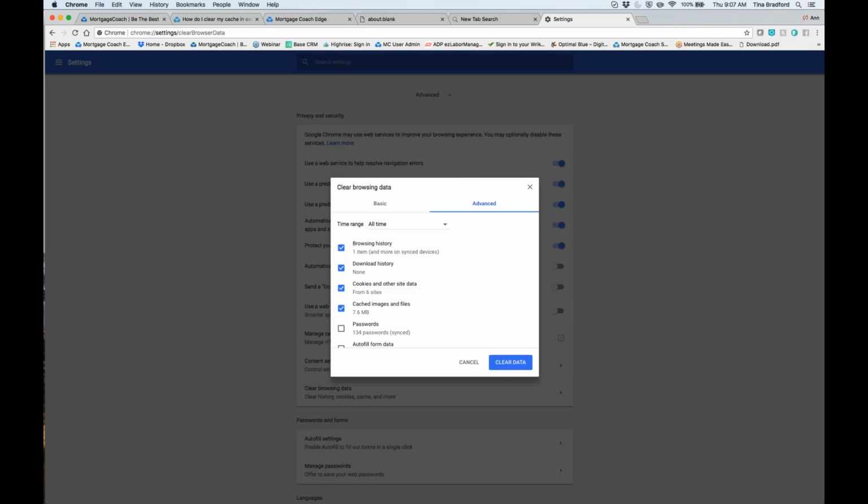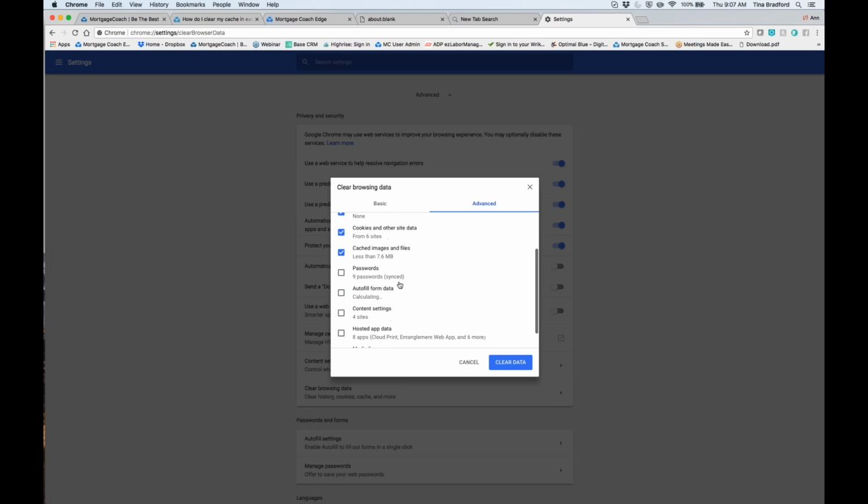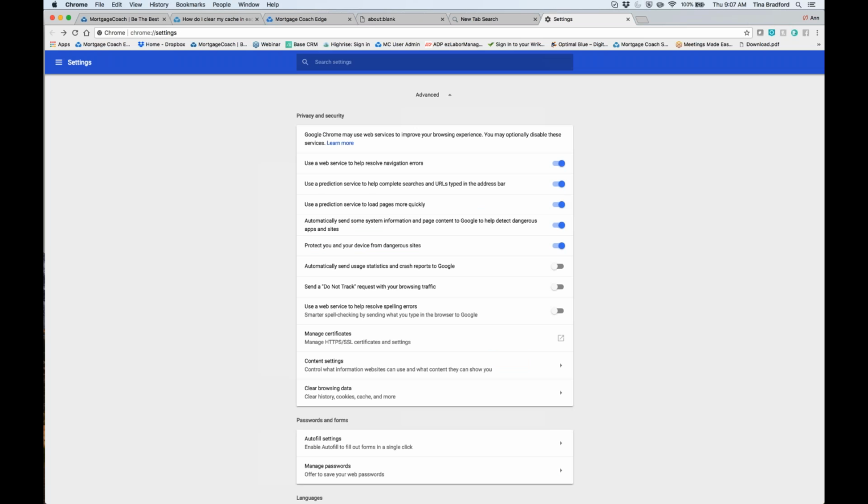There's a basic and then an advanced. Let's go ahead and do the last 4 weeks. Let's see if this helps. Browser history, download history, cookies, and your cache. Passwords, don't check any of the boxes at the bottom because that will eliminate some of your other information. And we're going to click clear history.